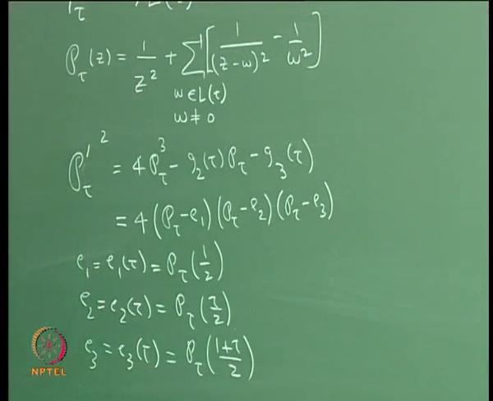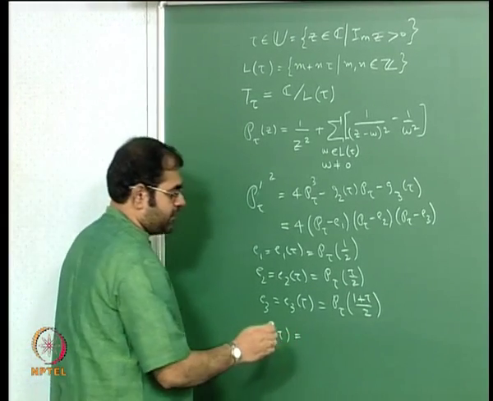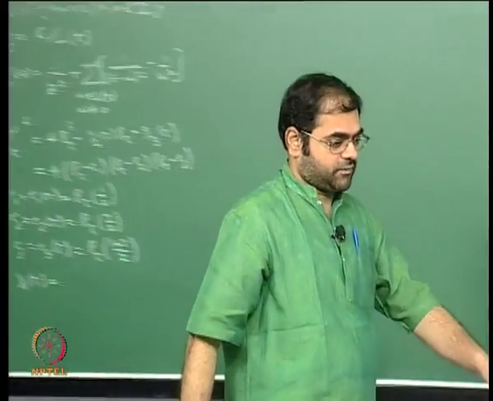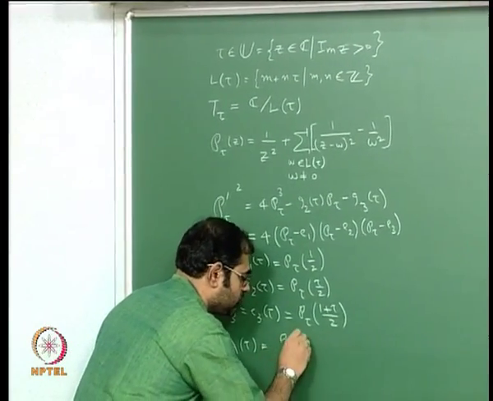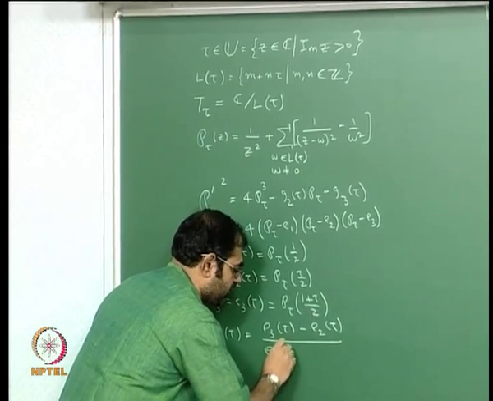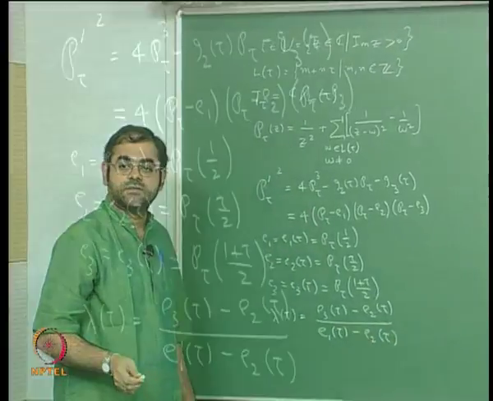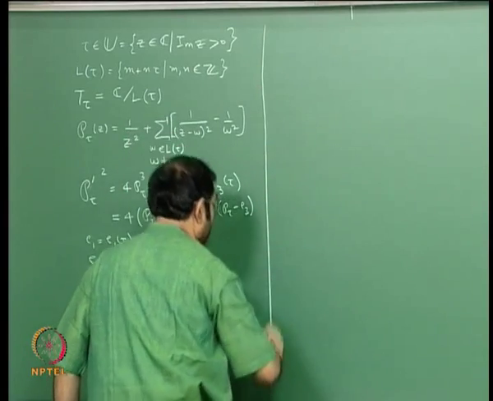Then we noticed that the function lambda of tau is given by e3 minus e2 by e1 minus e2, if I am not mistaken, yes, e3 of tau minus e2 of tau by e1 of tau minus e2 of tau,